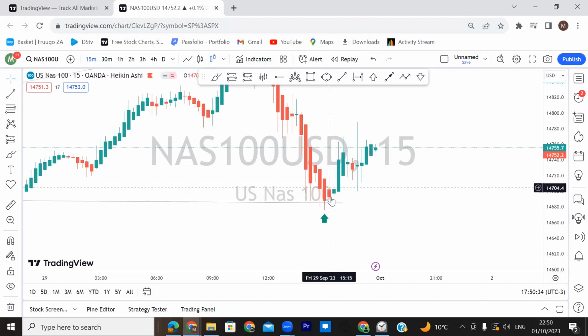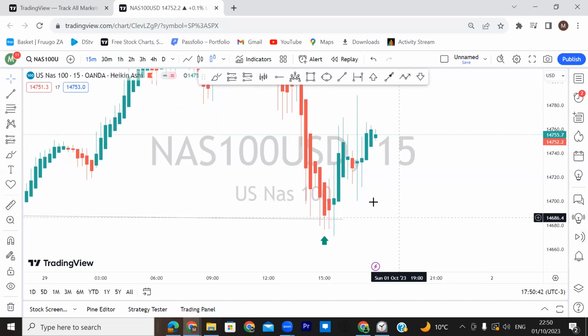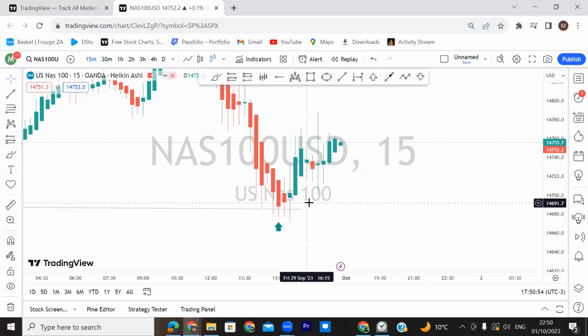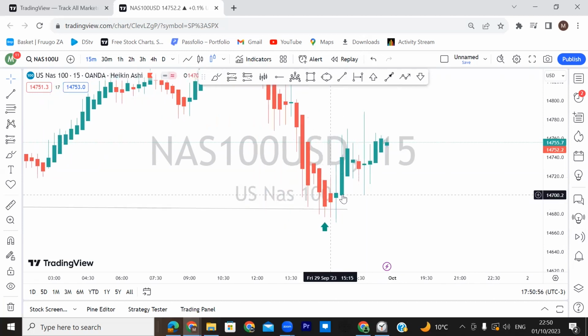So once this last bearish candlestick formed, the following one was a bullish one, which is very interesting because in the formation of this candlestick, you can see it went down, went up. It was very indecisive, but at the end, it closed as a bullish candlestick. And what kind of bullish candlestick? It was more of a reversal candlestick because it's very small. It has wicks on both sides,